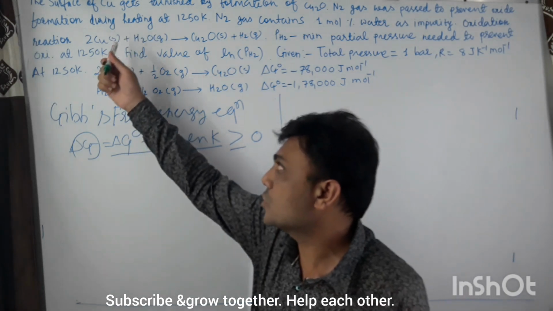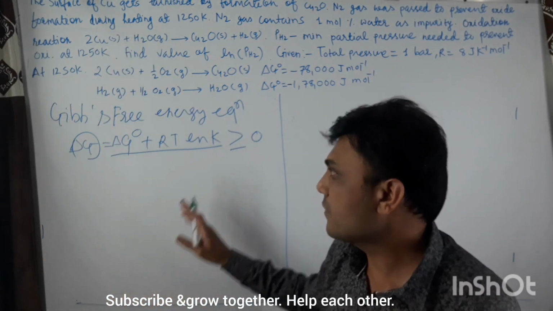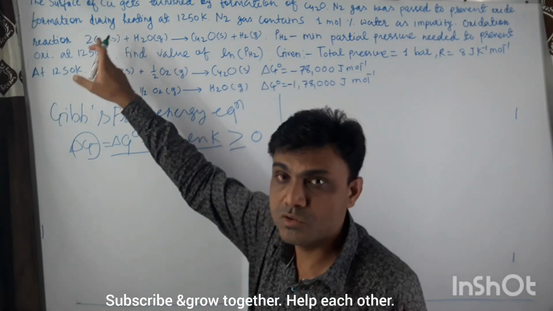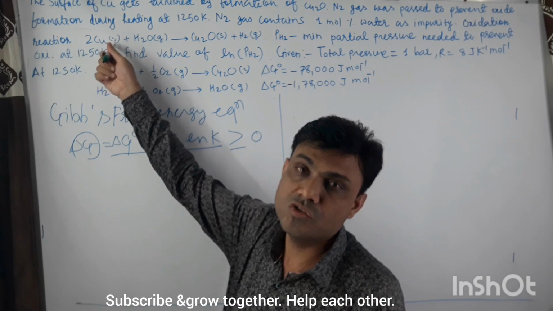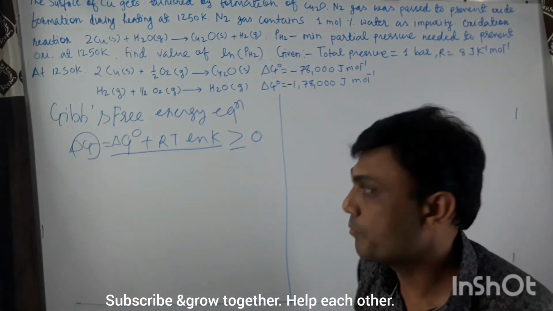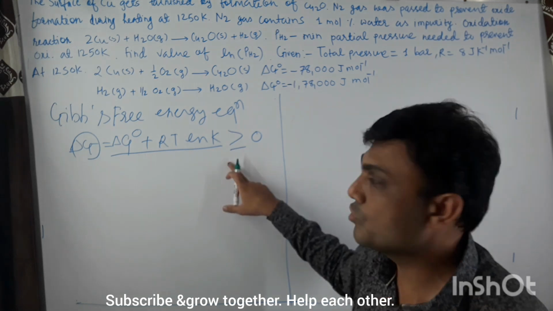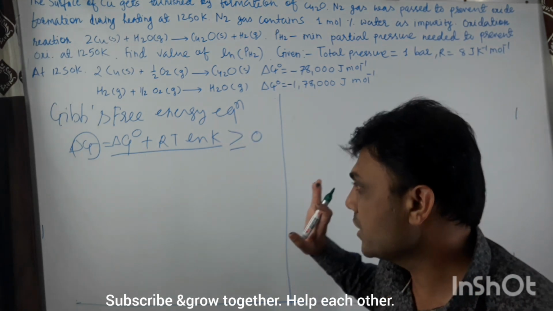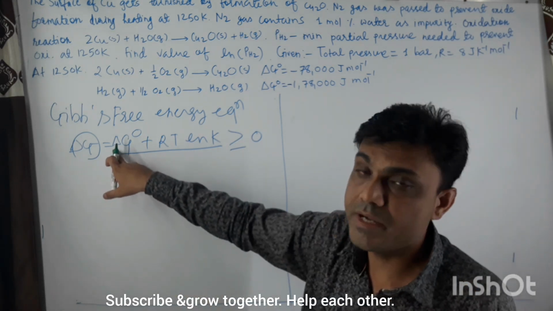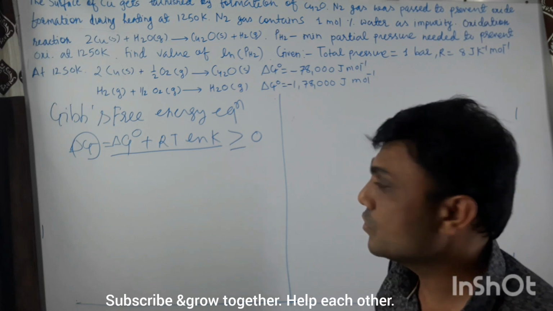That means whatever Cu will be consumed, the same Cu will be formed. At equilibrium there will be no oxidation, because whatever Cu is consumed, the same Cu will be formed. So we have to find this value, and this value should be equal to or greater than 0. Clear? Now first of all, we have to find delta G0, that is the Gibbs free energy at 298